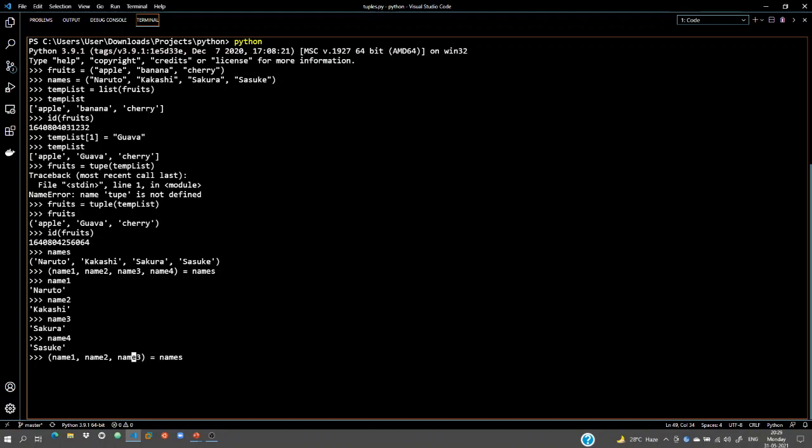Suppose the first we want to give to this, the second we want to give to this, and the third one we want that everything that is else left should go to this. So what we have to do for that, we can just put a star here. So what this will do is, now